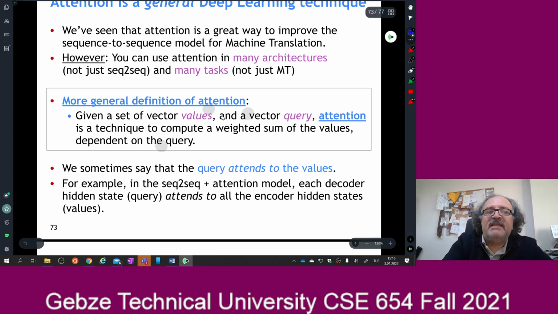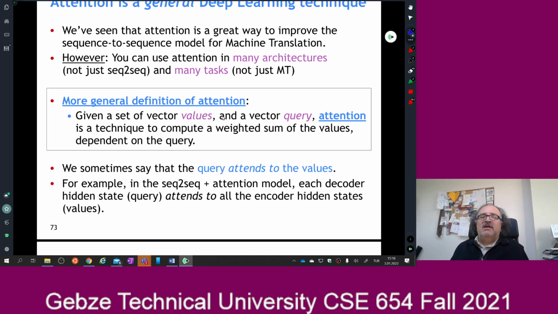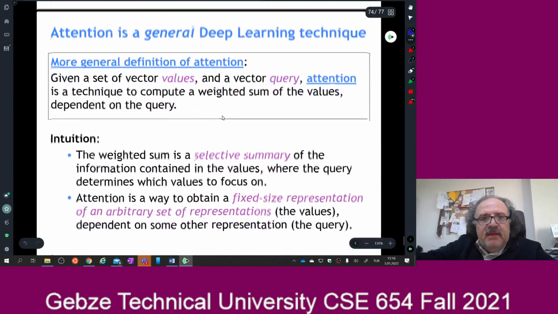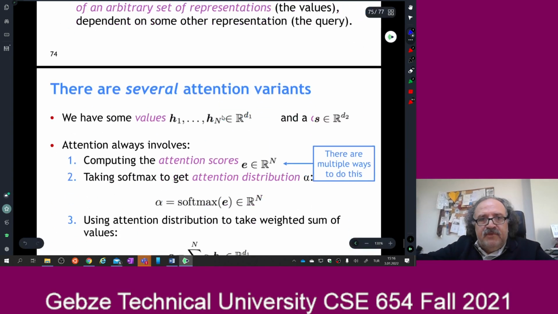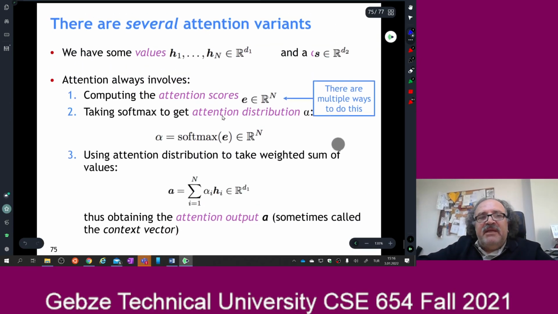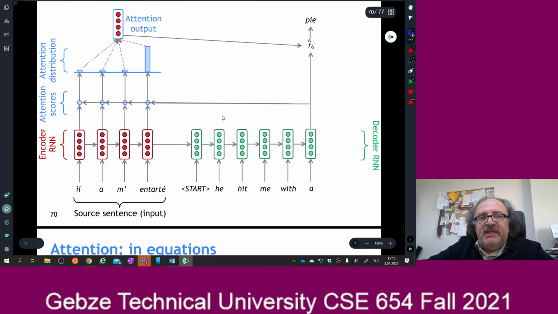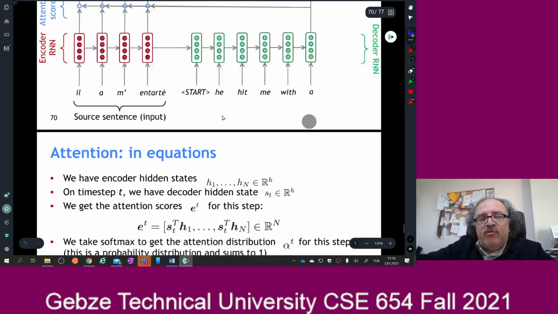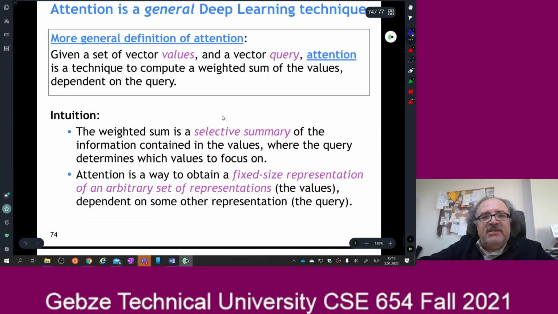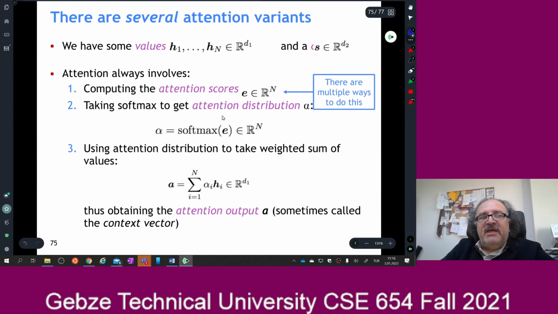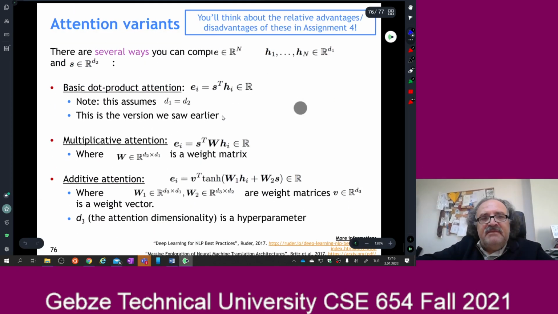Later, we expand this definition a little bit more. The values don't have to be single values. There are key parts of it. Key, value, query triplets. That's the more general definition of the attention. By the way, the attention that I showed you, this dot product only, is the simplest form of attention. Some of the other attention types